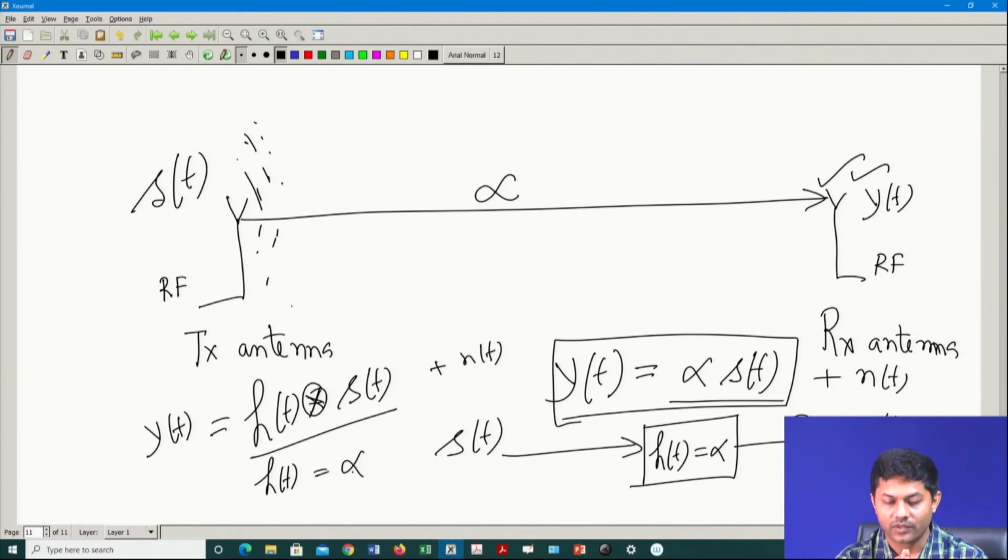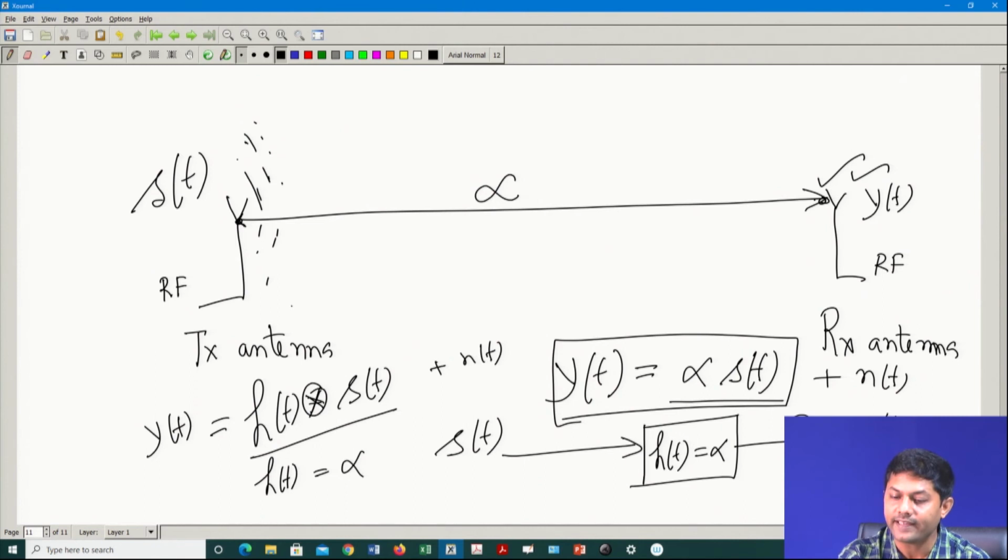Now, I am proceeding with how I should model my channel, because that is what my interest is, right. This is part of the story, but the story is slightly incomplete. Why is it incomplete? Because what I have not modeled in this particular case is the delay, because from this point to this point there will be propagation delay. I have not modeled that propagation delay and I should model it, correct.